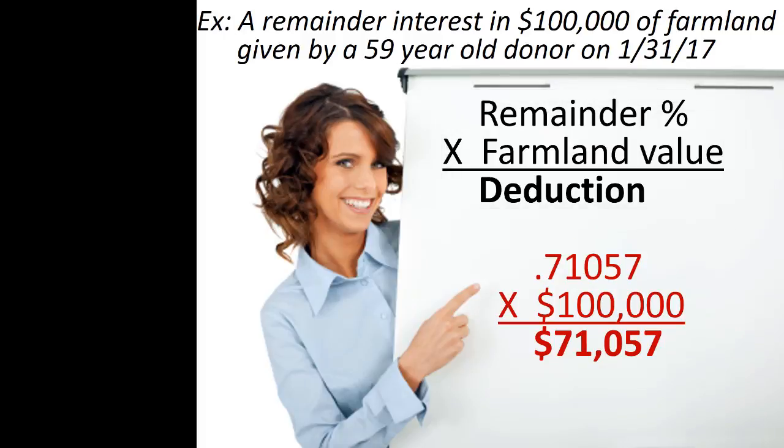In this case, the donor can deduct 71.057% of the value of any land in which he makes a remainder interest gift subject to his lifetime right to use the property. Thus, the charitable income tax deduction for such a remainder interest gift with a retained life estate in $100,000 of farmland is